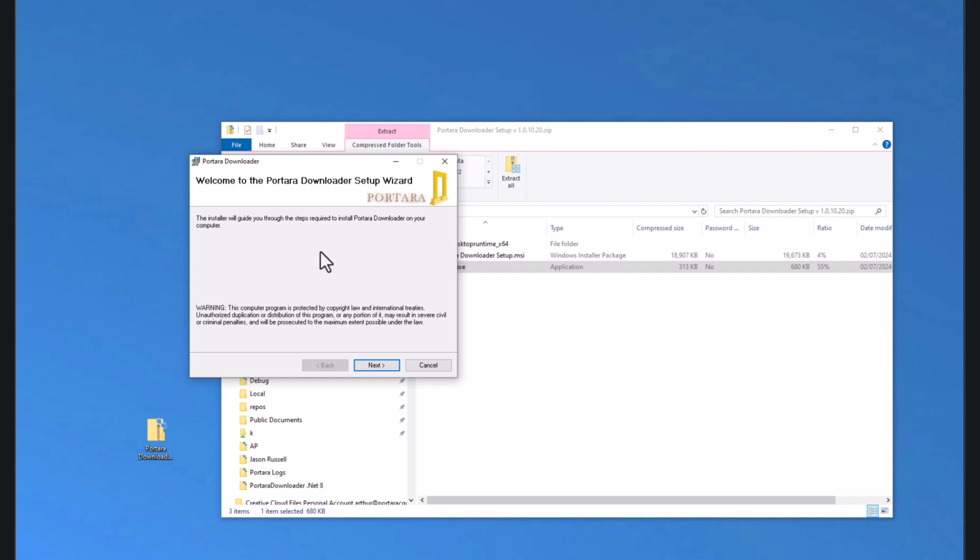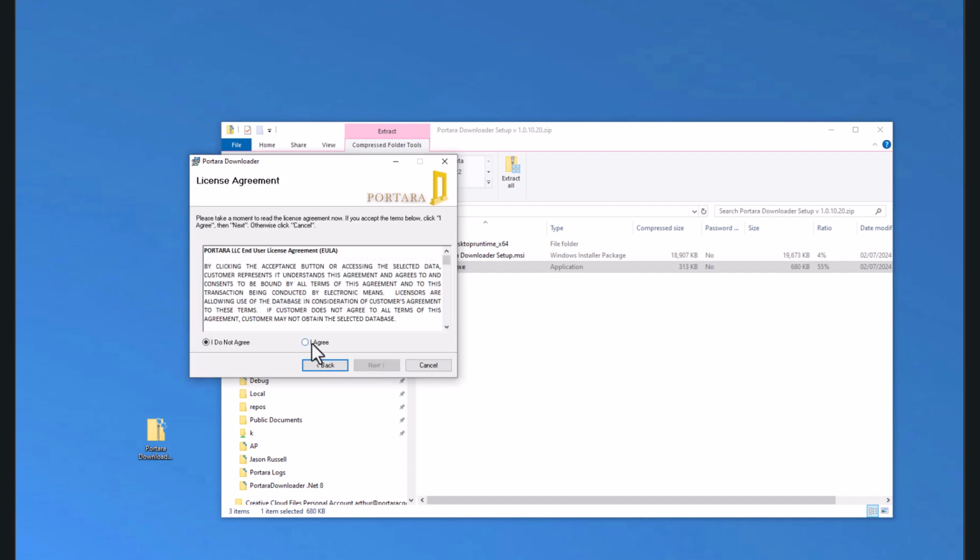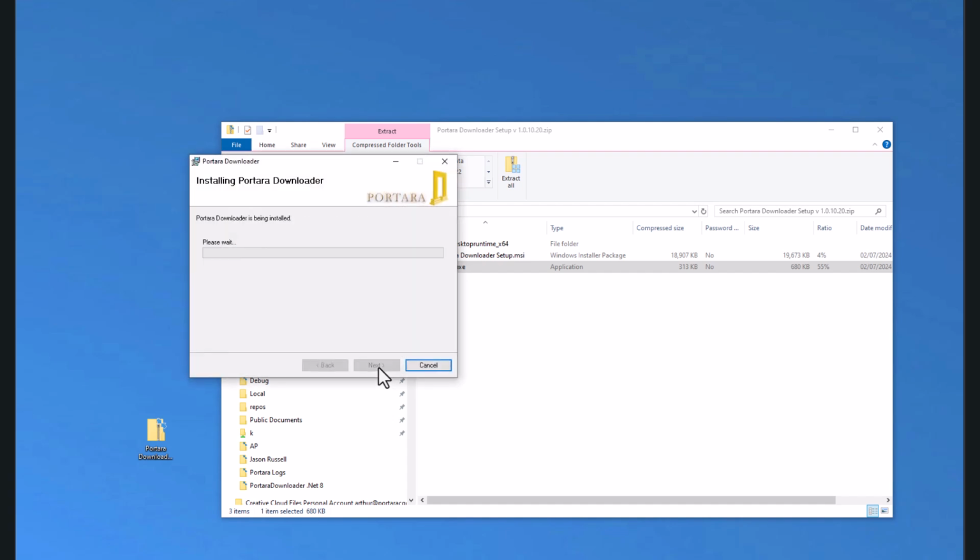It may install the local .NET packages that you need for Portara. In that case, just follow the instructions and eventually you'll come to this window. If you click next and agree to the terms and conditions, and then next again and next again,